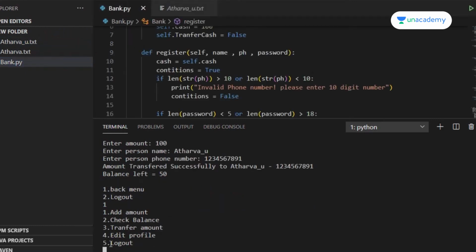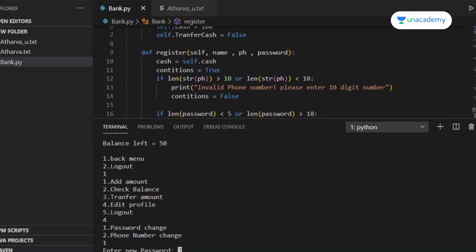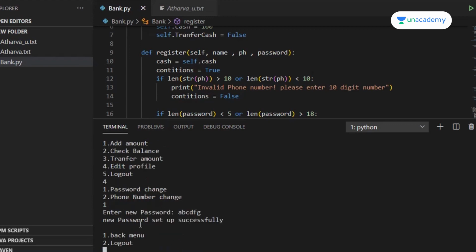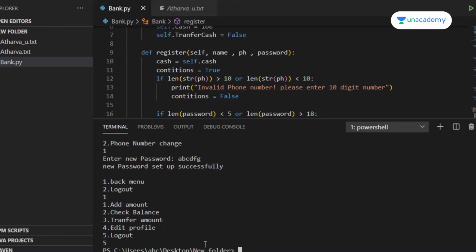Now I will edit my profile. If I want, I can change the password. New password ABCDFG. You can see the new password was set up successfully. Now I will go through logout. So you can see it is